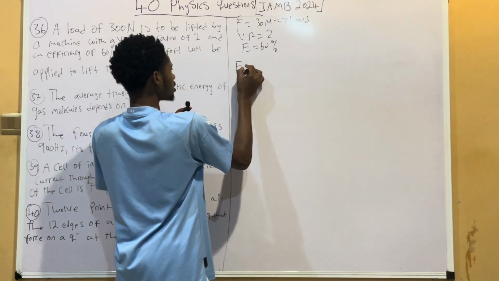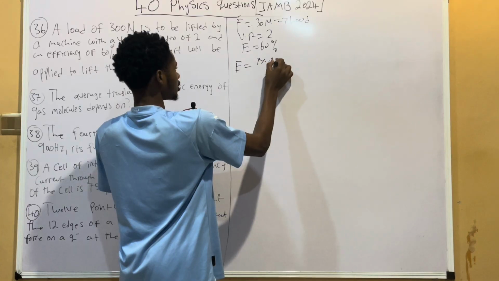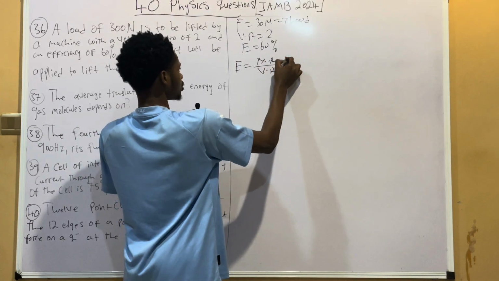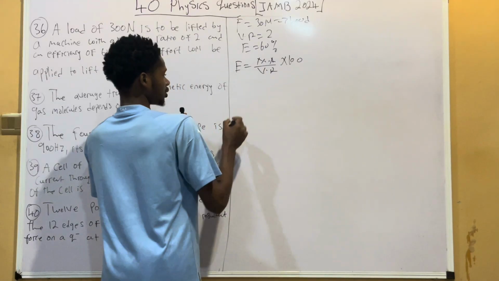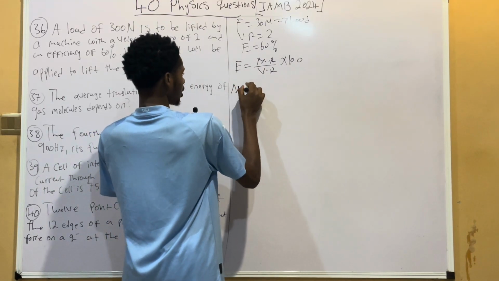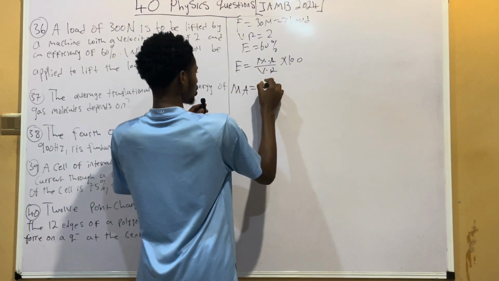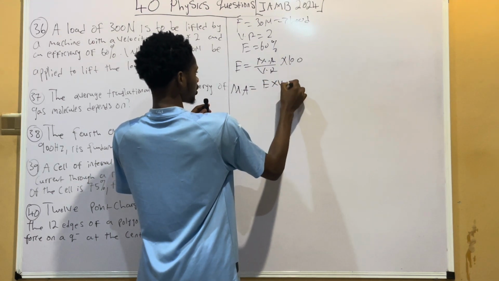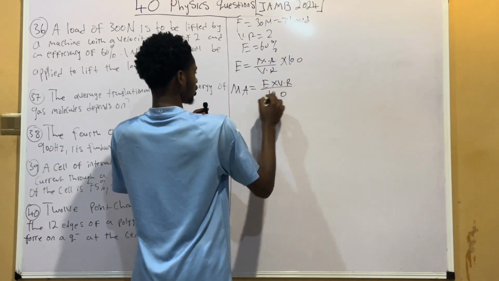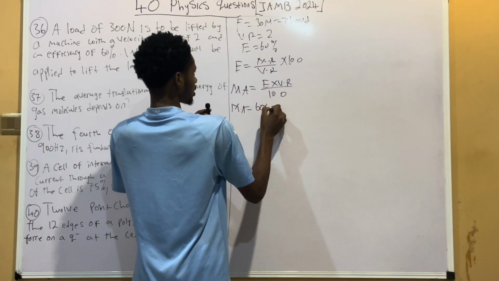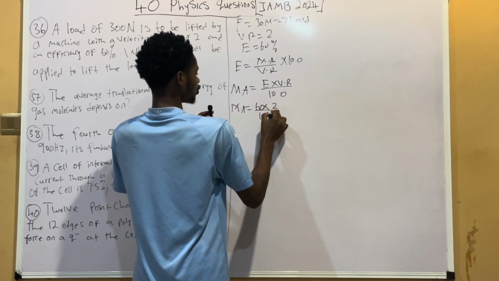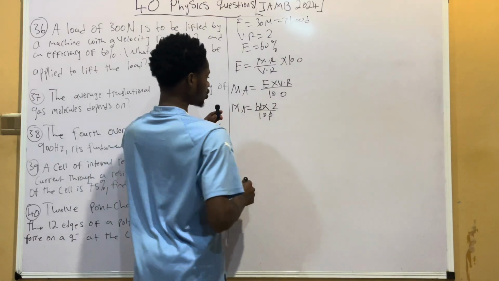Now, efficiency is equal to mechanical advantage over velocity ratio times 100%. So let's first solve for the mechanical advantage. Mechanical advantage, from this formula, when we make it the subject, is going to equal efficiency times velocity ratio divided by 100. So mechanical advantage is efficiency, which is 60, times velocity ratio 2, divided by 100. Now this reduces to